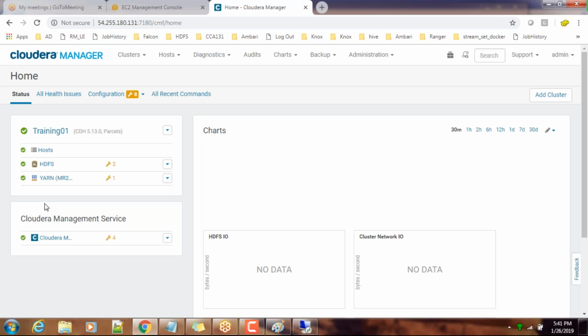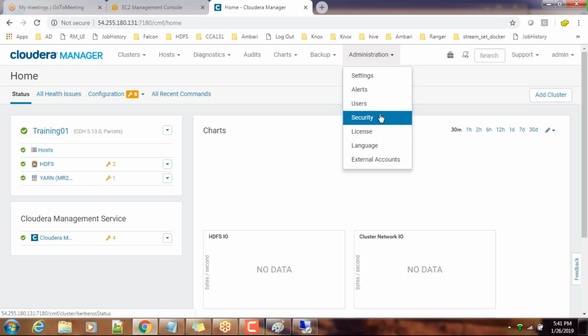By that time, this health check happened, so definitely that shows some error or warning. You can ignore that error if it is happening at the beginning. Other than that, if you see that error after some time, that is something you need to address. So we enabled Kerberos from here, just from here,